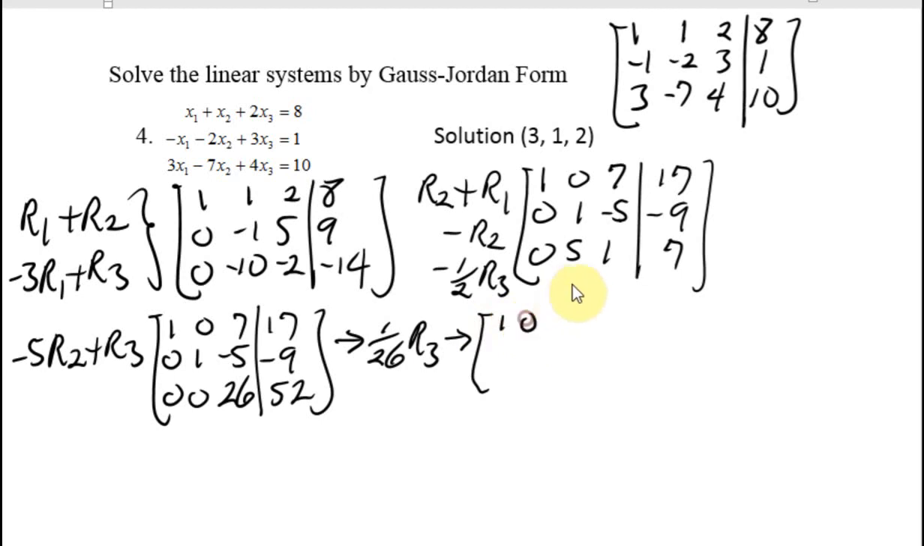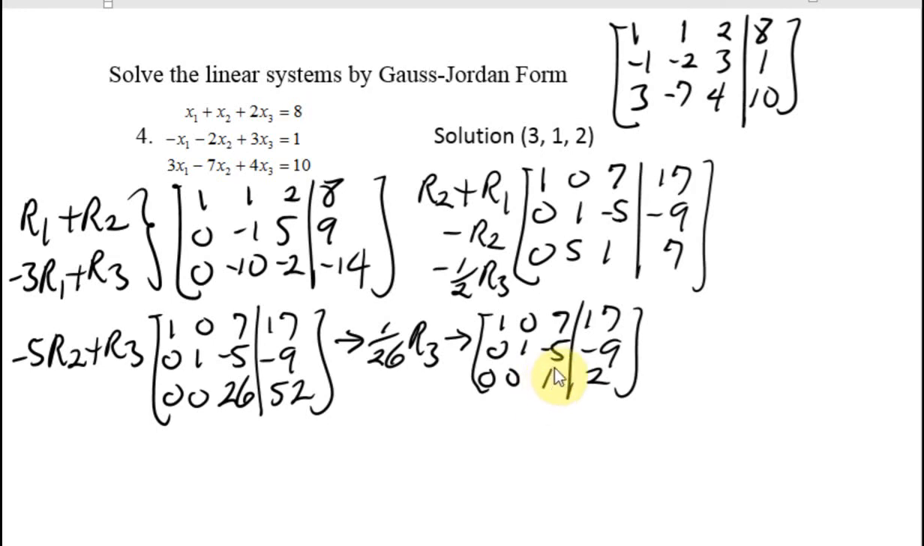This is 1, 0, 7, 17, 0, 1, negative 5, negative 9, 0, 0, 1. And that's divisible by 26. Thank goodness for that, right? So now we use